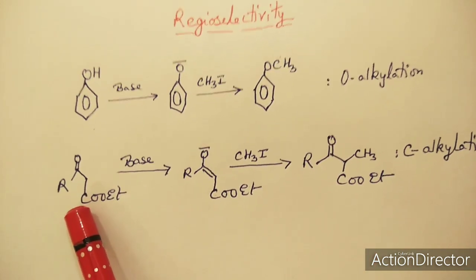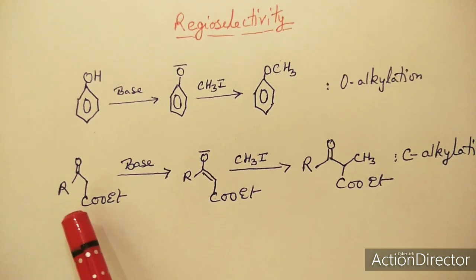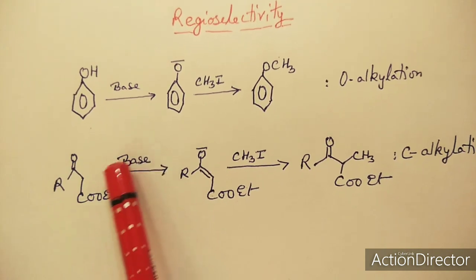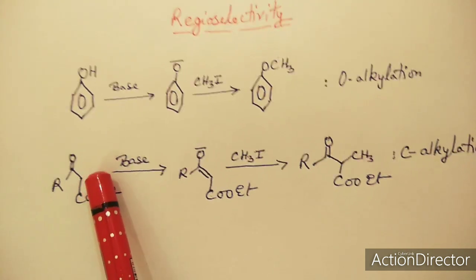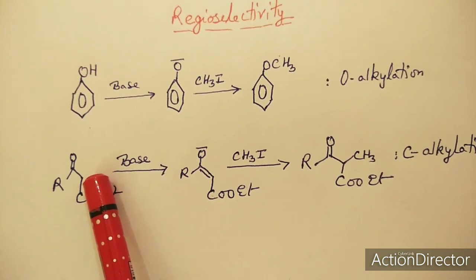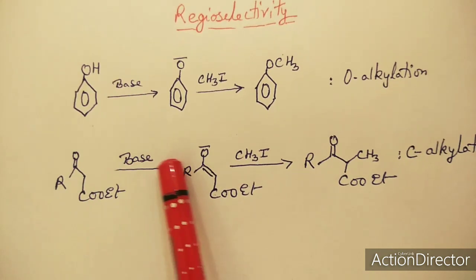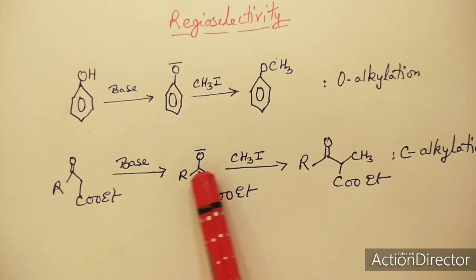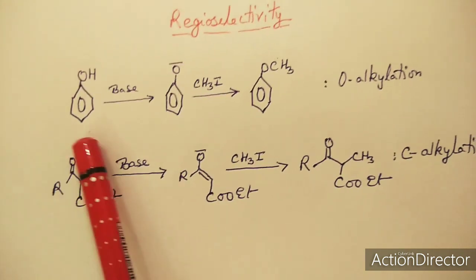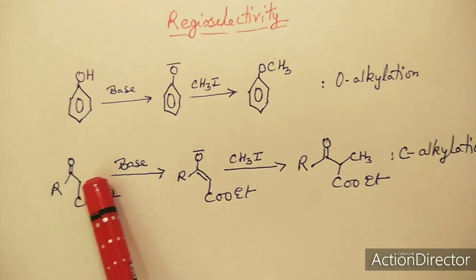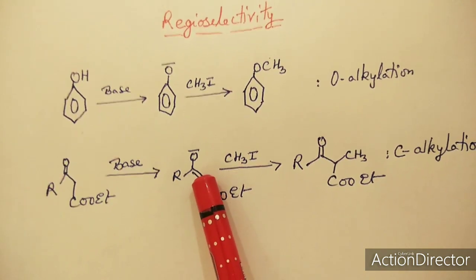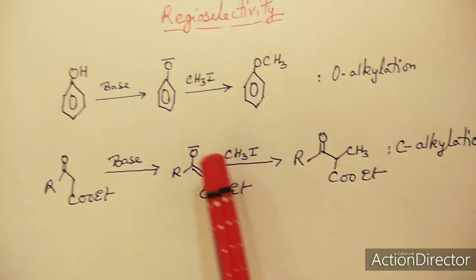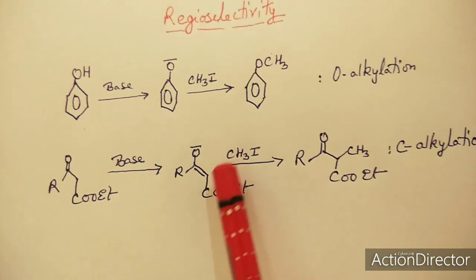On the other hand, if we took a compound of this nature which had an active methylene group, in the presence of a base, this will lose a hydrogen, so a carbanion center will be formed here, in other words an unsaturated enol, we can say. Enolate will be formed, because O negative, and then over here the electron pair which will create an enolate, and this enolate on methylating will not give the O-methyl, we will be getting the C-methyl.